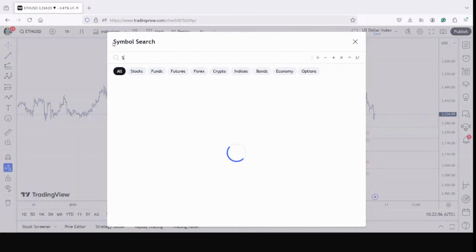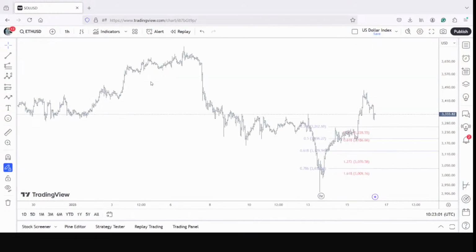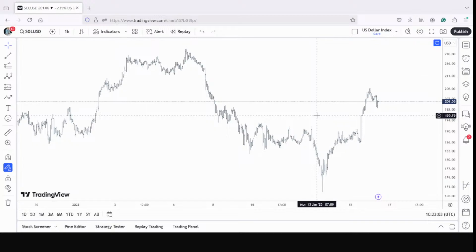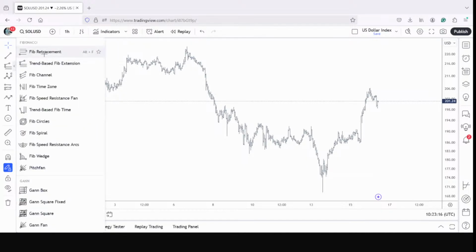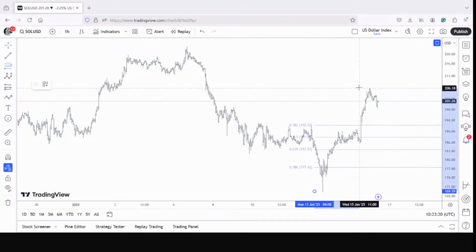Okay, let's pick up Solana now. Almost a three-wave corrective, but that is a very shallow decline. It could be the first wave of a corrective decline, but it's not the right price to enter. In fact, we should wait for the extension to complete and then enter. A minimum buying at the 38.2% is 192. So I believe